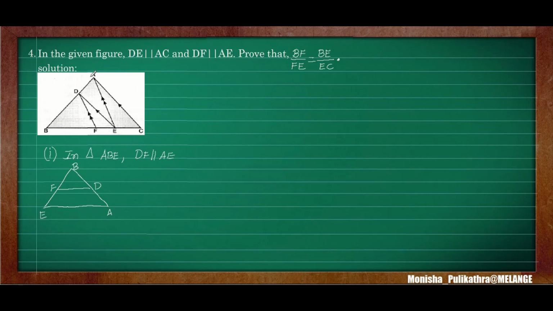Okay, in triangle ABE, DF is parallel to AE. So by Thales theorem, here we have to take not the converse of Thales theorem, because in the answer we can see here BF by FE, only half of the triangle ratio has been taken. So if that is the case, we need to take the Thales theorem itself. So by Thales theorem,